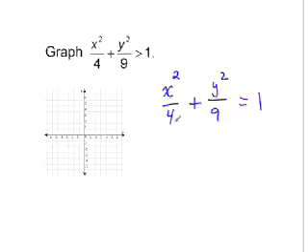And recall that a squared is 4, therefore a is 2. B squared is 9, which would make b equal 3. A is the distance that we're going to travel from the origin left and right, so our ellipse will intersect at -2, 0, +2, 0, and b equals 3 means that the ellipse will intersect the y-axis at +3 and